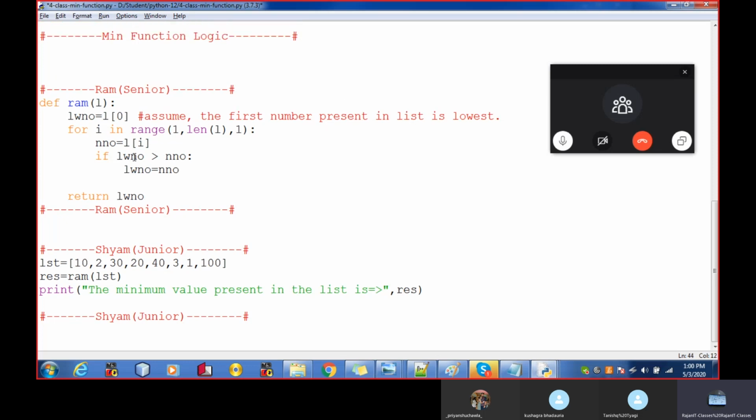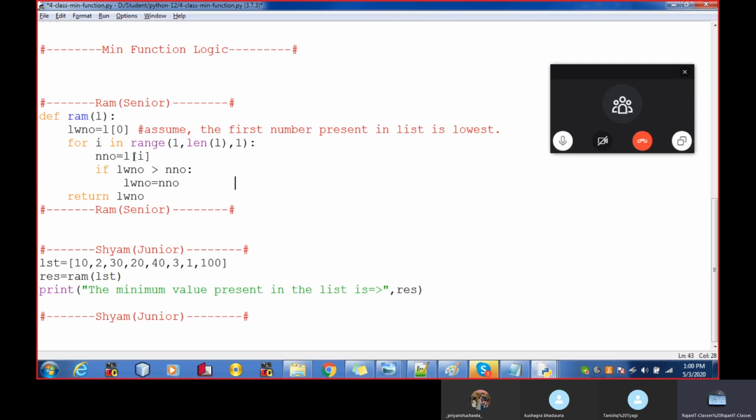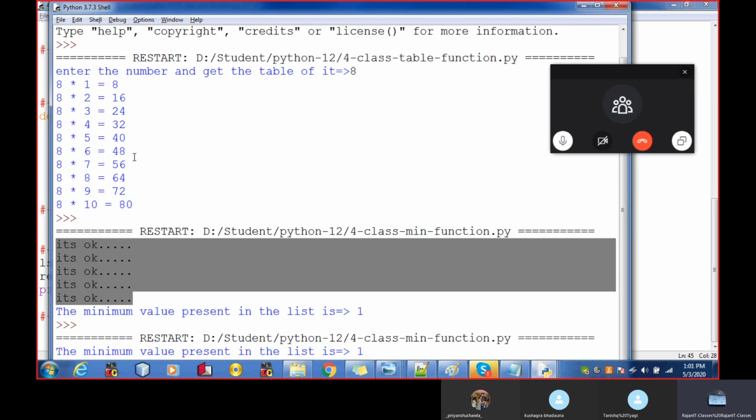If your lowest number, whatever number you assumed, is found greater than the next number, it means your next number is the lowest, not the number you assumed. Now run it. See, the minimum value present in the list is 1.